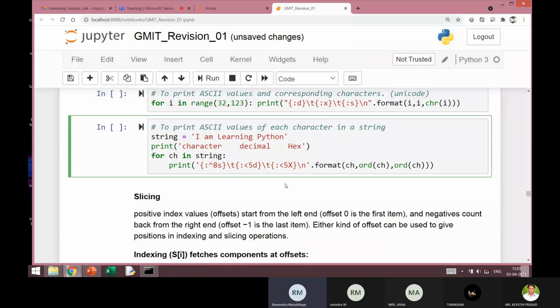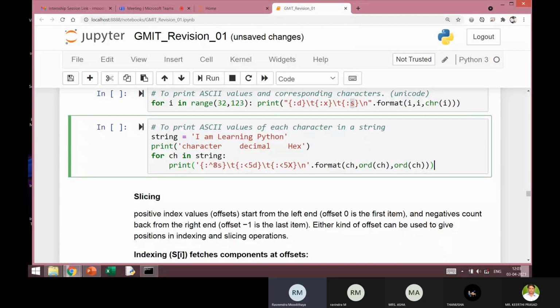Now here I am illustrating one more aspect of output formatting. In the previous program, I had just written :b, :x, :s, which indicates that the variables are to be interpreted as a decimal number, hexadecimal number, and as a string. But here I'm going slightly further and also specifying how many spaces should be reserved for each of these variables.